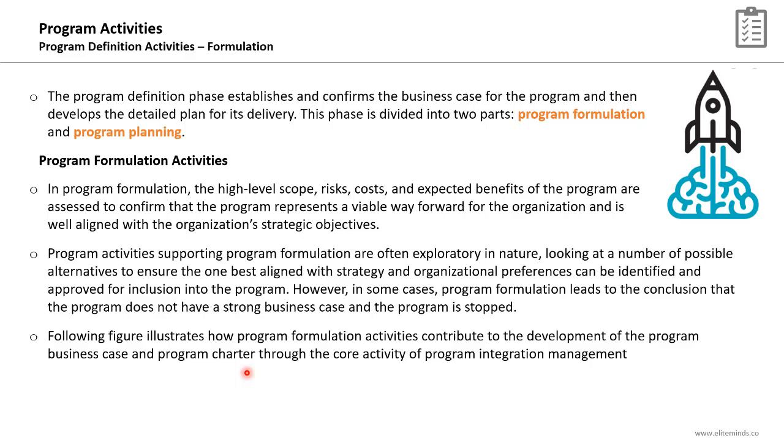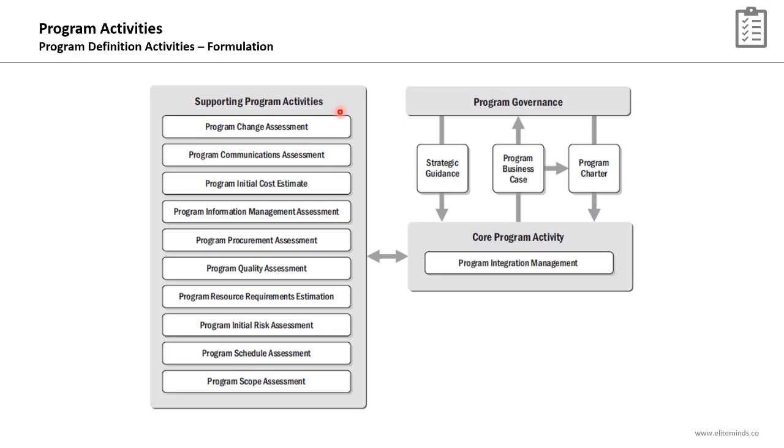The following figure illustrates how program formulation activities contribute to the development of the program business case and program charter through the core activity of the program integration management. So we have 10 supporting activities as part of the program formulation phase. I will walk you through these 10 activities right now with the key output of each of them: program change